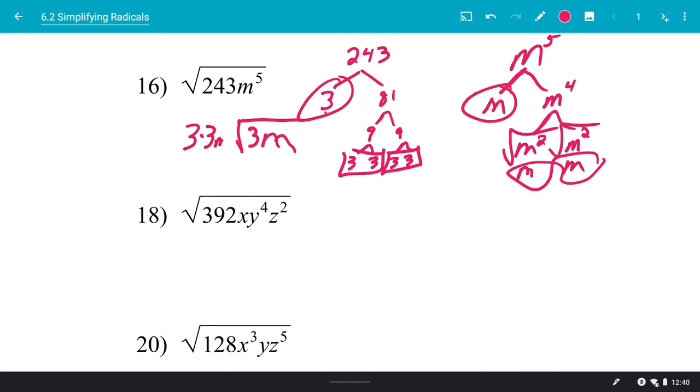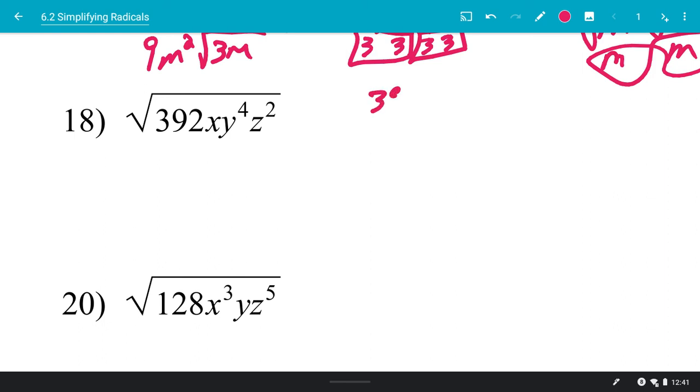And then m times m. Well, 3 times 3 is 9. M times m is m squared times 3m. Another way to think of that is take this thing, and how many times does 2 go into 5? Well, it goes in 2 with 1 left over. Another way you can think of it. So, all right, number 18,